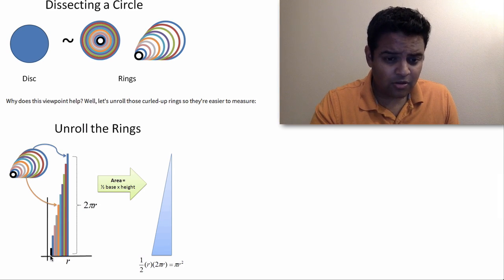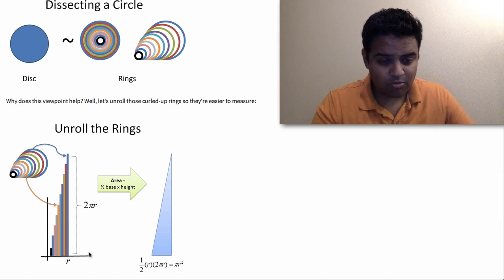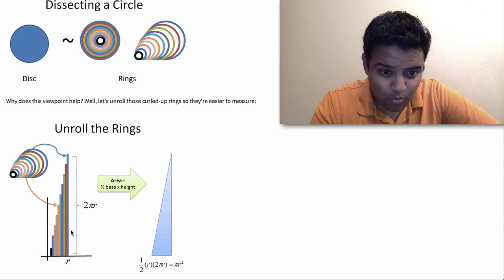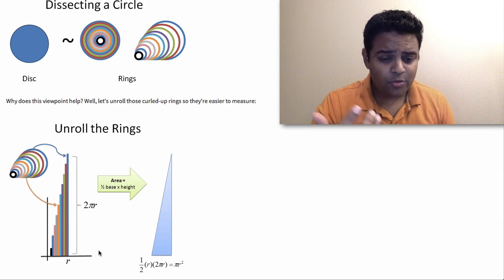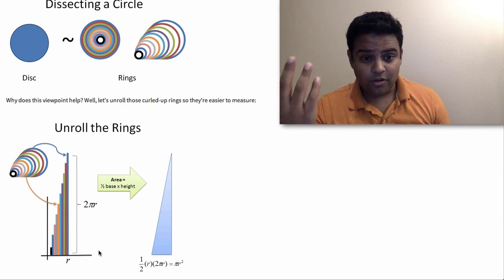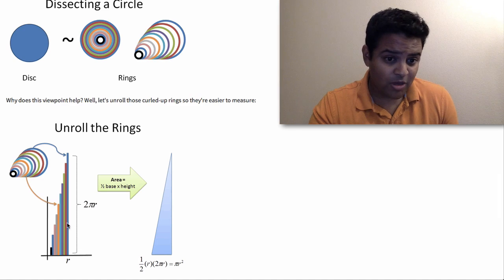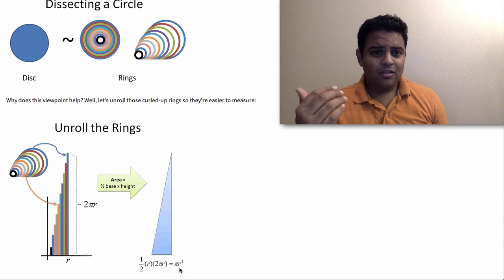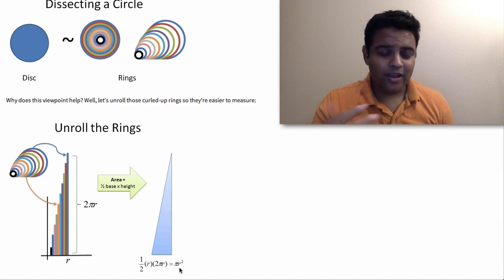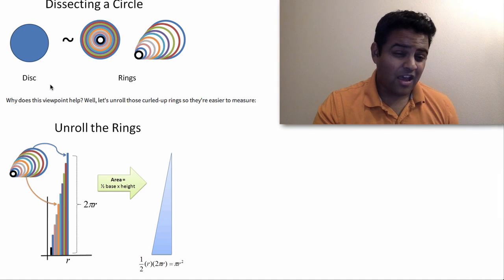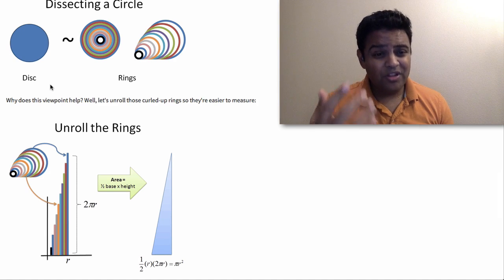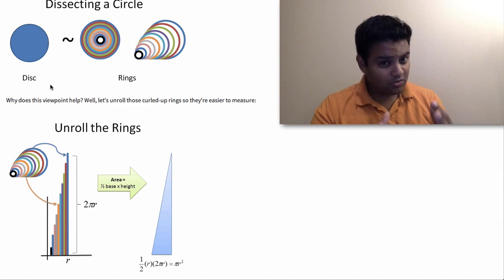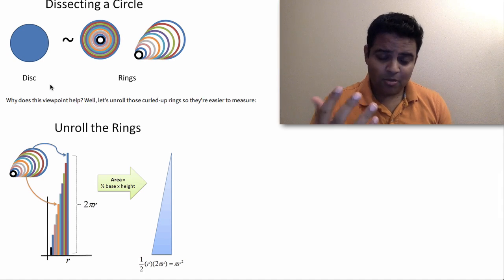This makes a triangle. And if we had more rings, it would be a smoother triangle. Imagine a triangle so fine that each ring was just 1 pixel wide. Once we have that, we can do area is 1/2 base times height. And so we measure this triangle, and it turns out that it's pi r squared. So whoa, this is pretty cool, right? We took this really difficult to measure shape, and split it using our X-ray vision into a much easier to measure shape, and just measured that.